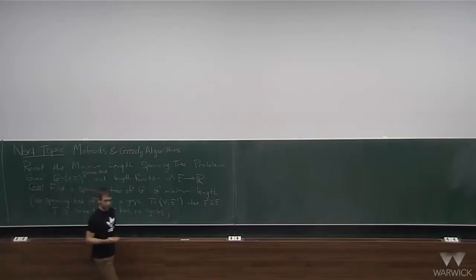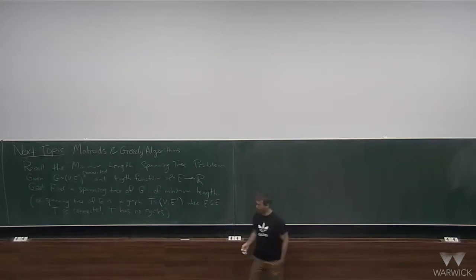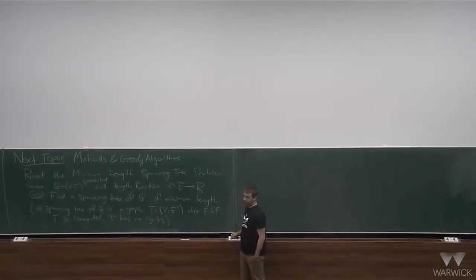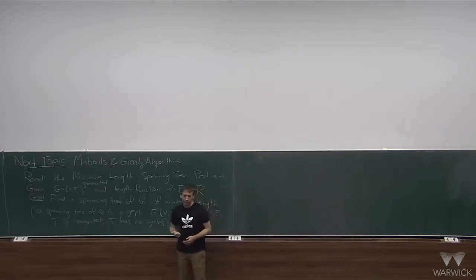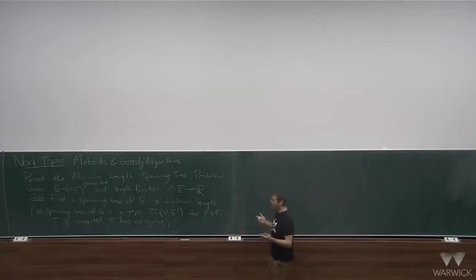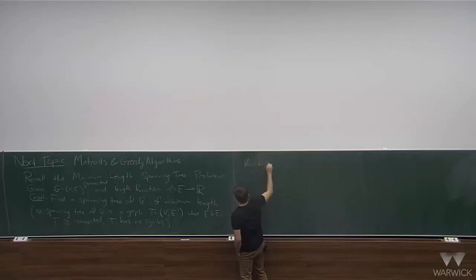So this is review, but it's review from a long time ago, right? I think this was done in week 1. This is one of the lectures I wasn't actually here for, but do people remember this spanning tree problem? You might remember that two algorithms were presented for solving this problem, and one of them is really easy. Actually, both of them are quite easy, but probably the easier one is Kruskal's algorithm,